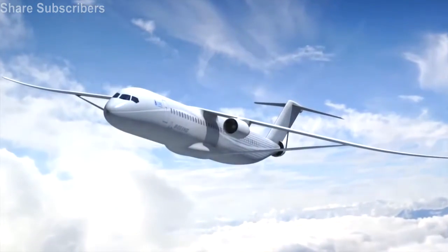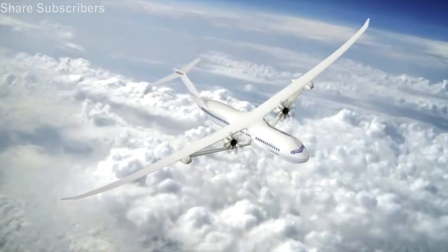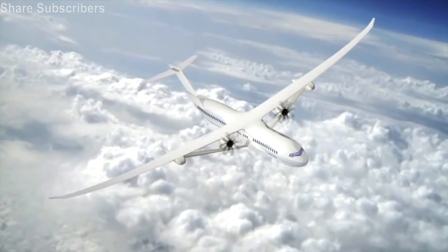We are nowhere near the maximum that we can get out of this industry. And there is a lot of work to do, and that's what my team is doing. That's what we're doing within NASA, and I cannot wait for